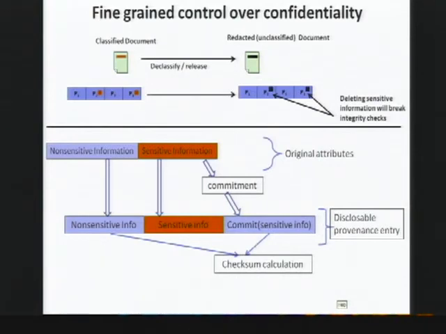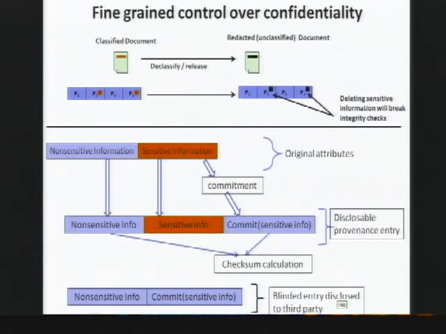When we want to disclose it to outside parties, we just throw away the sensitive portions. But in the checksum calculations, we did not use the sensitive portions. Rather, we use the commitment of the sensitive portions, which we include here. So now anyone who receives it won't see the sensitive parts, but yet they will be able to check the integrity of the provenance chain.